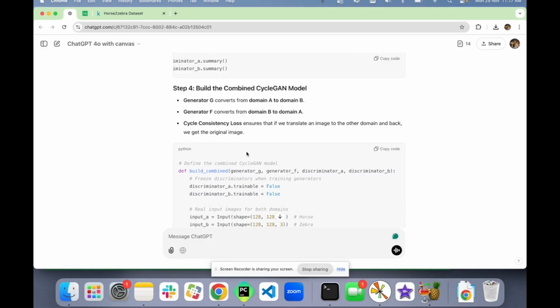Now we are building the combined cycle GAN model. Generator G converts domain A to B. Generator F converts domain B to A. A to B, B to A is a cycle, no? So that is why it is called